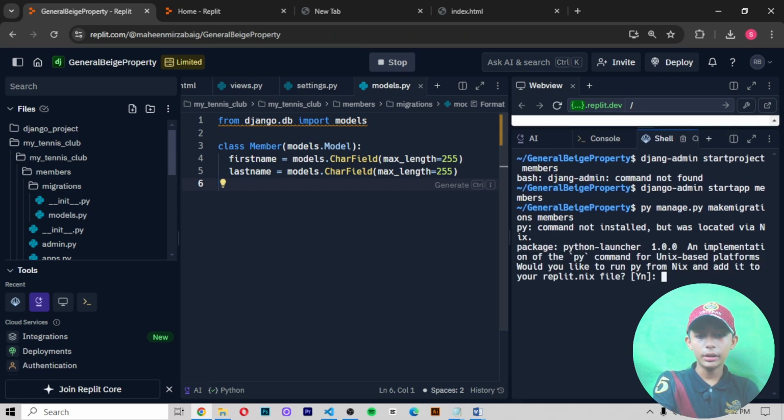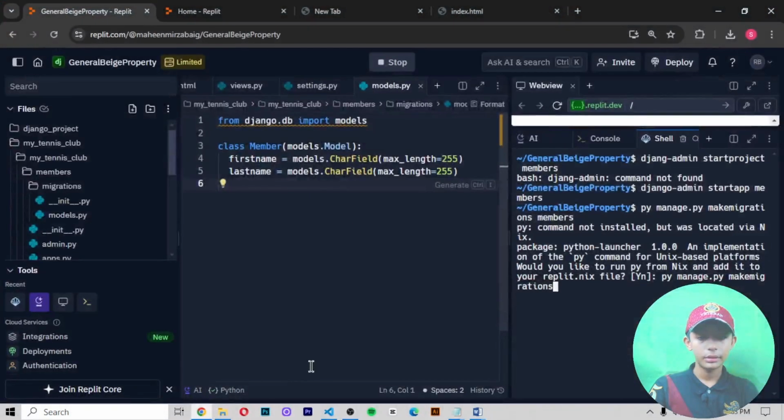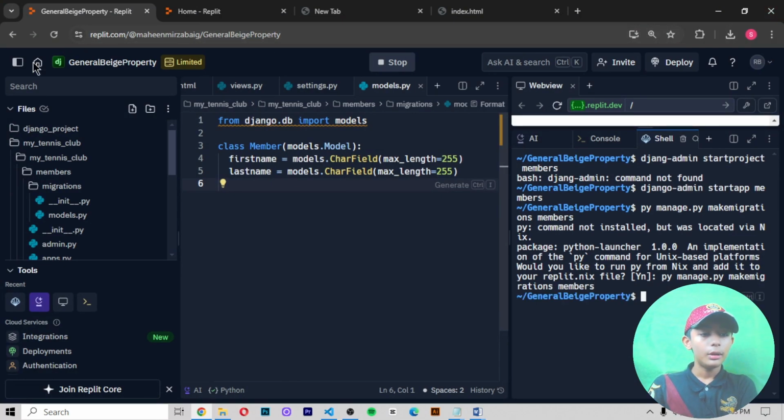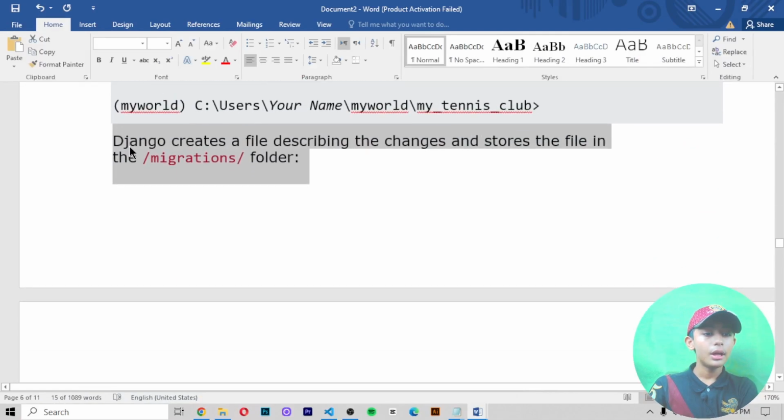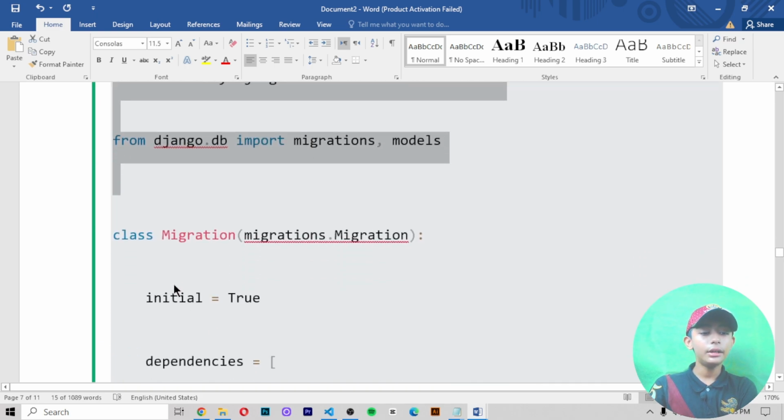One more time you write py manage.py makemigrations members. Now it will be done. So now Django creates a file describing the changes and stores the file in the migrations folder. Like that, here you can see it.